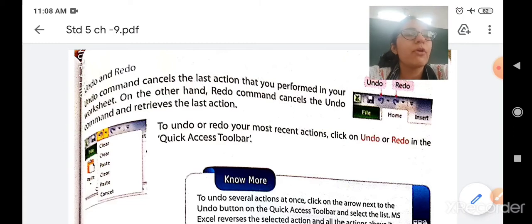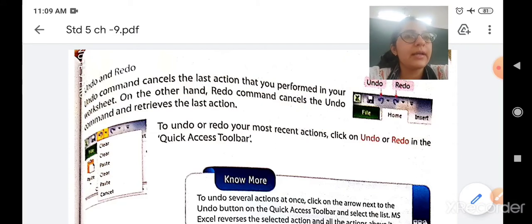If the last line written by you is "Salman is playing" and you want to delete it, the last data entered by you will get deleted by using an undo command. So the undo command will cancel the last action that you have performed.